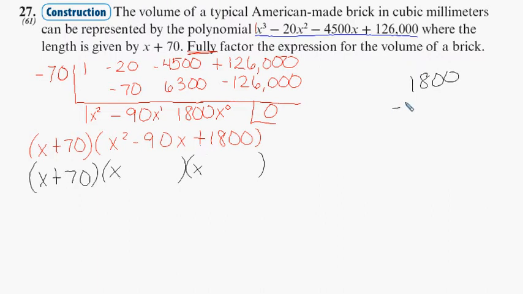Well, I'm just going to jot down a few of them. Negative 20 and negative 90, that gives me 1,800. Negative 180 and negative 10, it's another set. Negative 30, negative 60. Now I have by no means included all of them, but I'm going to stop because I see that negative 30 and negative 60, when I multiply those two, I get 1,800 positive, and when I add them, I get negative 90, which is what I was looking for.